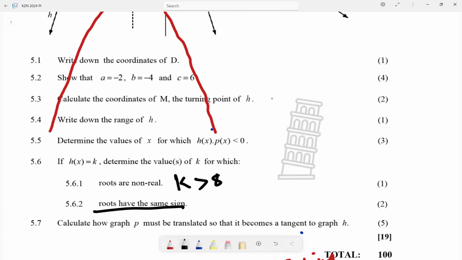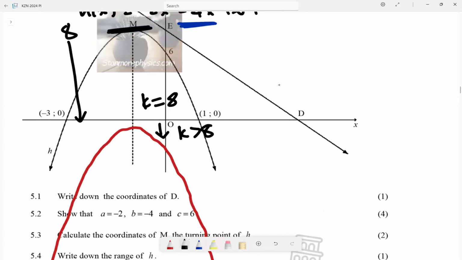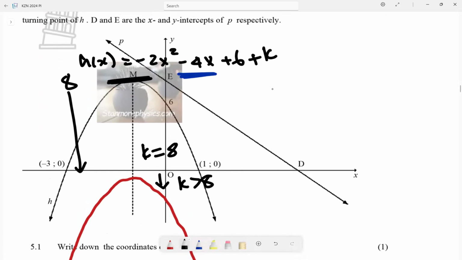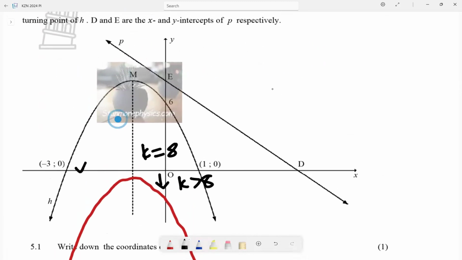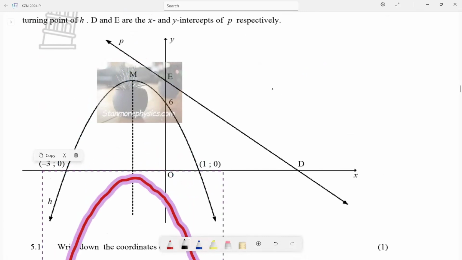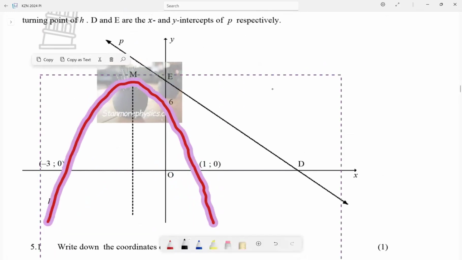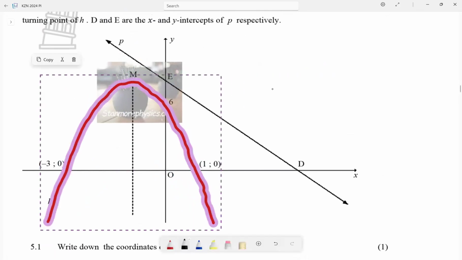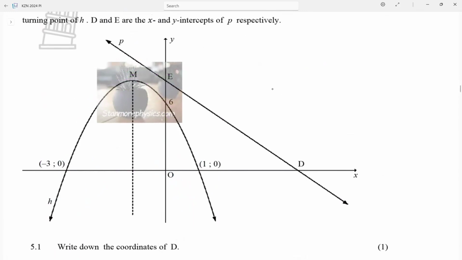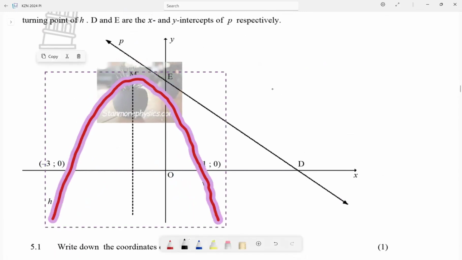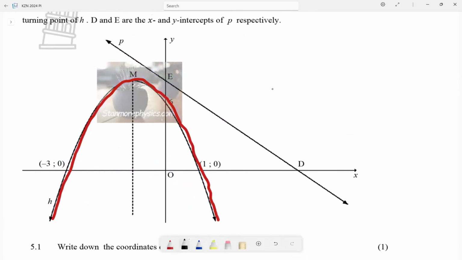Roots have the same sign. If they have the same sign, it's either they are both positive or they are both negative, okay? So if I take my graph back to what it was, okay, here's our graph. Now, if I want both of my roots to be of the same sign,